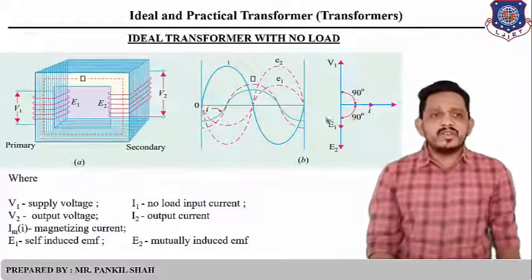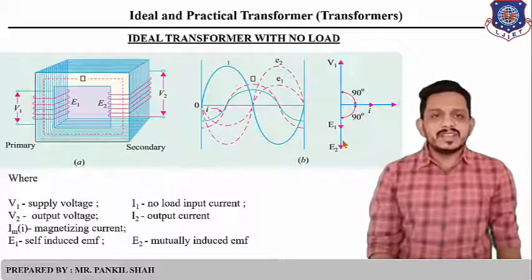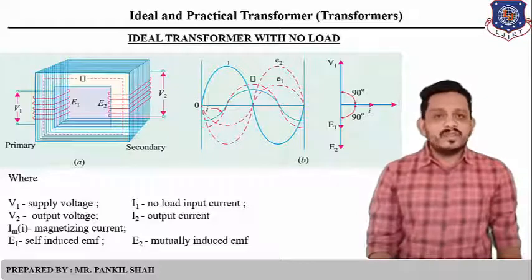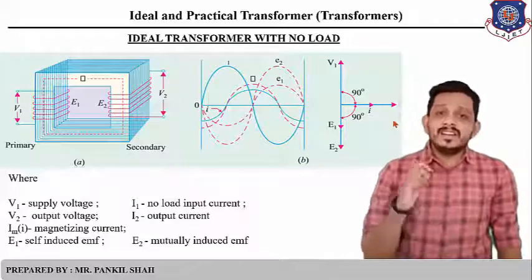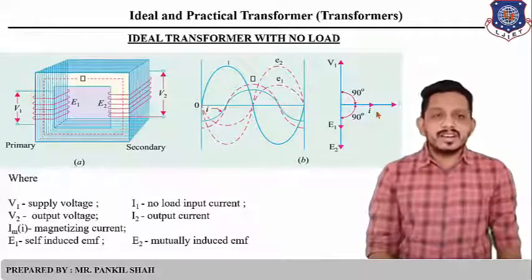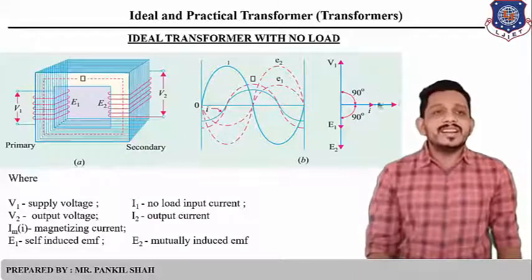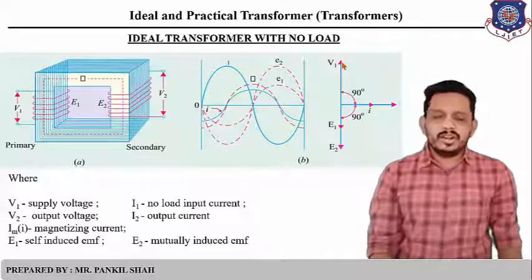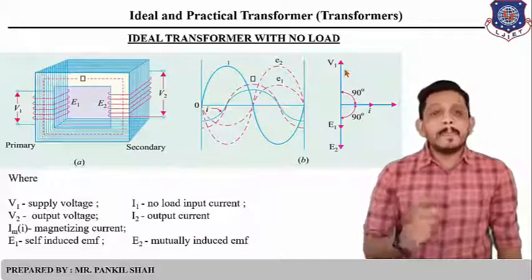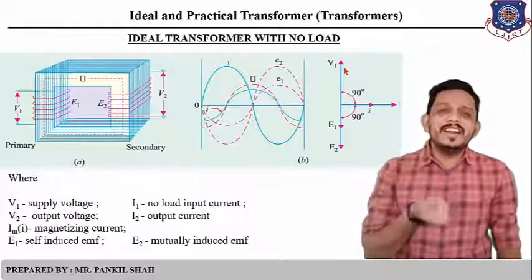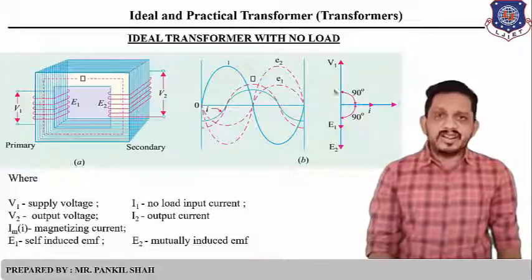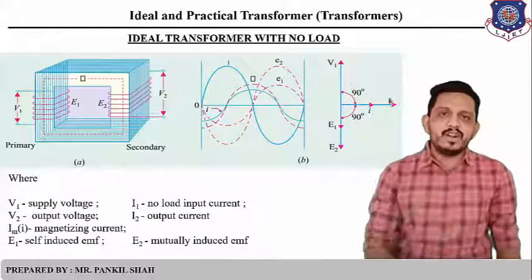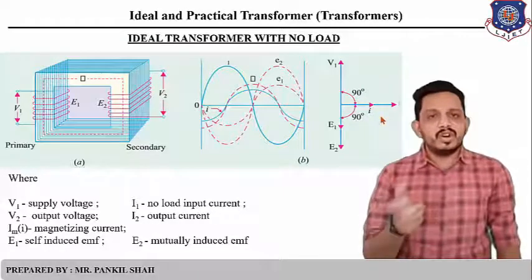So now let's draw the phasor diagram. To draw the phasor diagram, first of all you need to draw the reference axis. If you are taking current on the reference axis, then current is drawn here, and you can see that 90 degree above this current line you have to draw the voltage. Why have we drawn the voltage line here? Because voltage is 90 degree leading from the current. If you draw the voltage line first, then you have to draw the current line downside of that voltage. So there is a 90 degree phase difference between voltage and current.